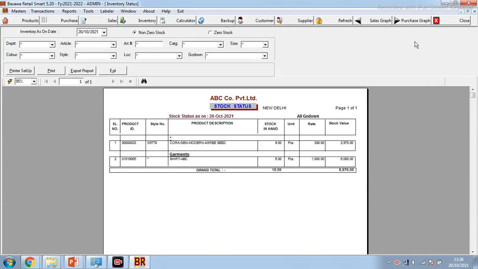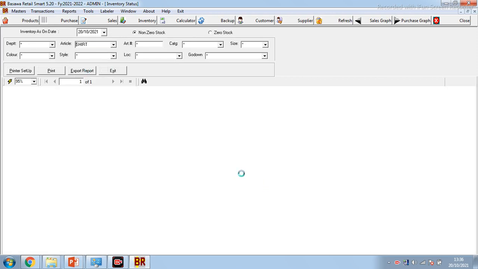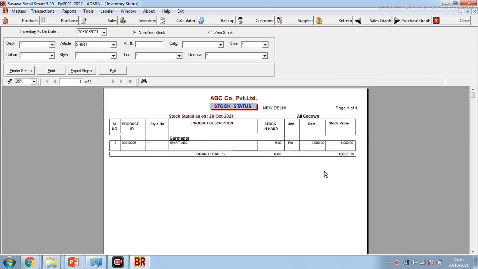You can view inventory after selecting any of your filters. Suppose I want to have inventory of how many shirts are in my stock. So I click on this article shirt. Now only the shirt is showing here after clicking. So you can view inventory after selecting any one filter.